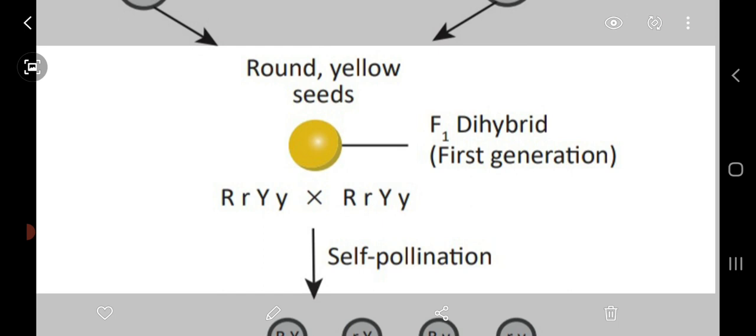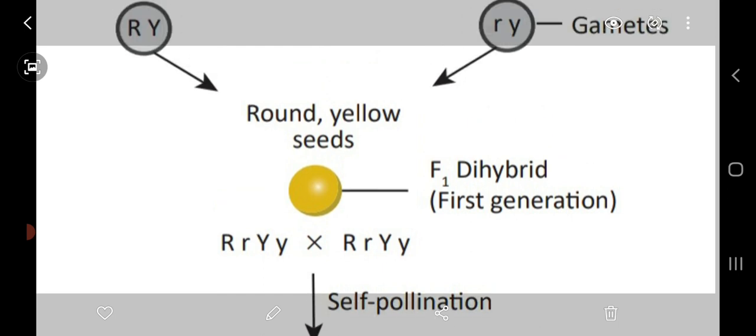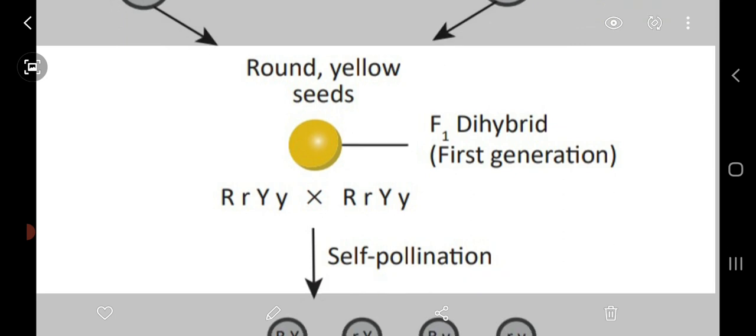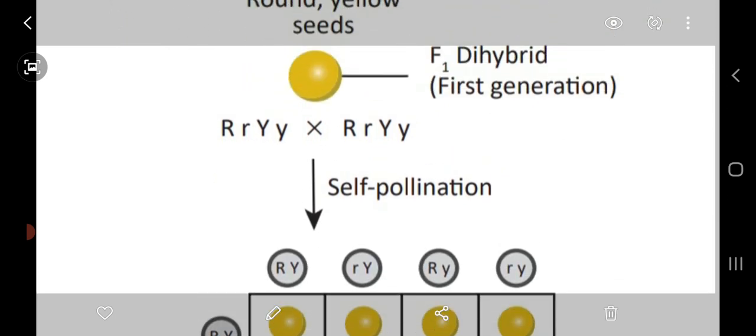So capital R, small r, capital Y, small y is the genotypic ratio of the F1 generation. So the dominant character only is expressed in the F1 generation. So all the F1 generation are known as round yellow seeds. So these round yellow seeds of the F1 hybrid